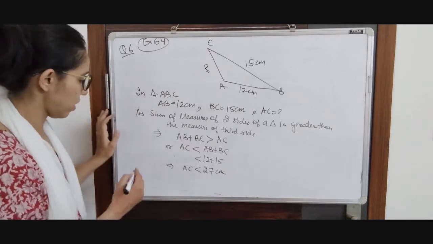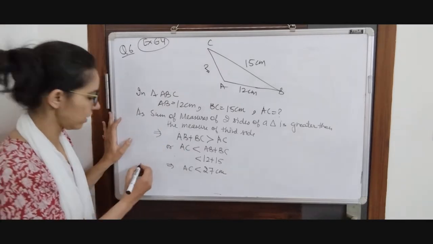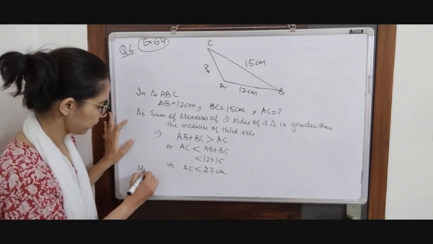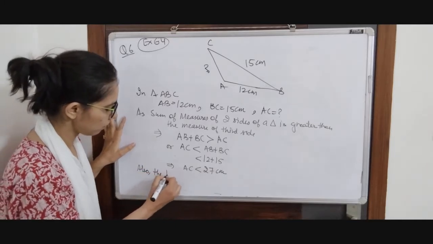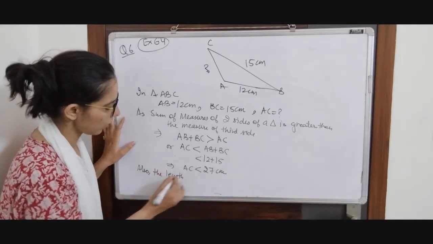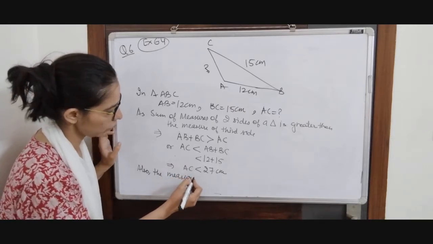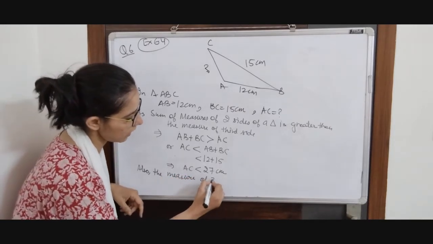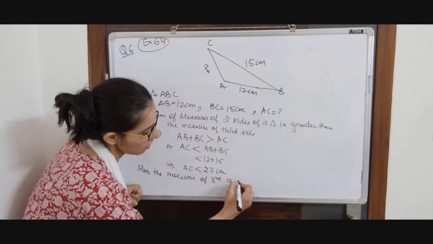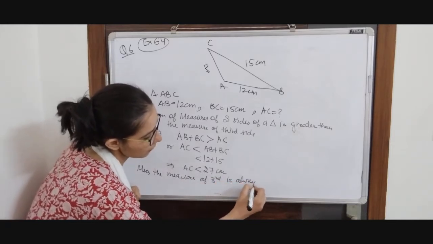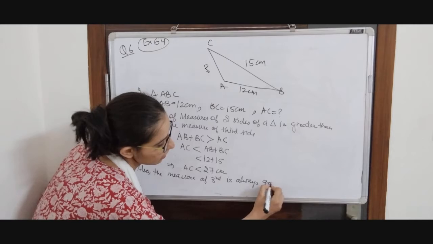So if you want to make a triangle, the measure of the third side is always greater than